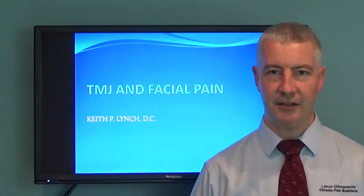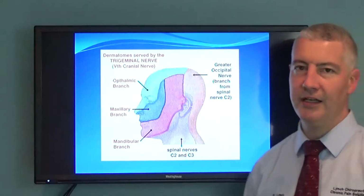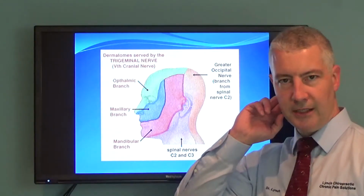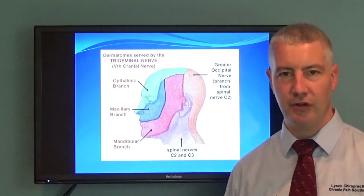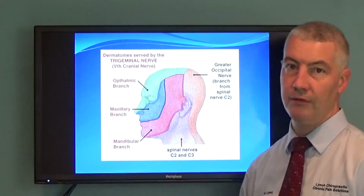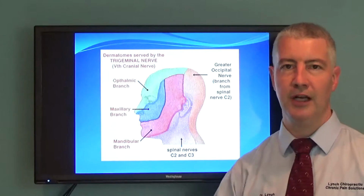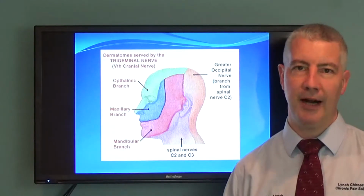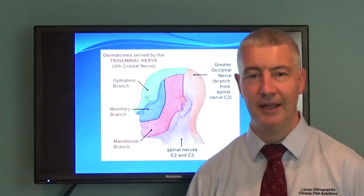So to better understand the face and jaw component, we need to understand this nerve right here. This is the trigeminal nerve. Now the trigeminal nerve comes off of the brain stem and it comes out to the face, and it's sensory to the face. So if you're having pain in the face, this is why this nerve is being affected. Also, this nerve goes to all the muscles that move the jaw. So your masseter muscle, your temporalis muscle, the internal and external pterygoid muscles are all controlled by that fifth cranial